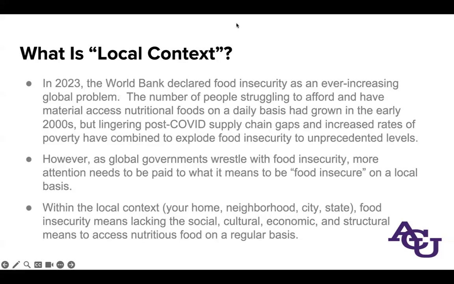And then, bam, something called COVID-19 hit. And then all of a sudden, it wasn't just the poorest nations and the poorest people in those nations who were struggling. It was all of a sudden the middle class and the upper class. I remember people were so shocked in the media to hear about food deserts and about a global supply chain.